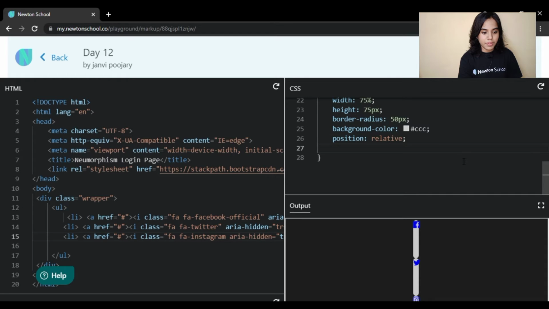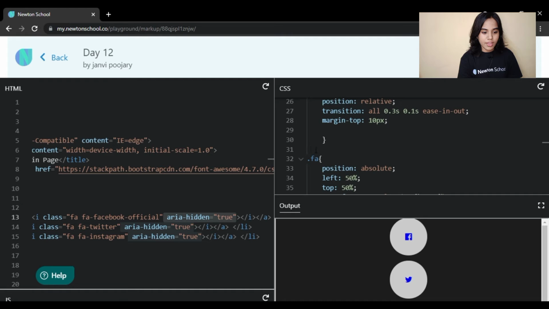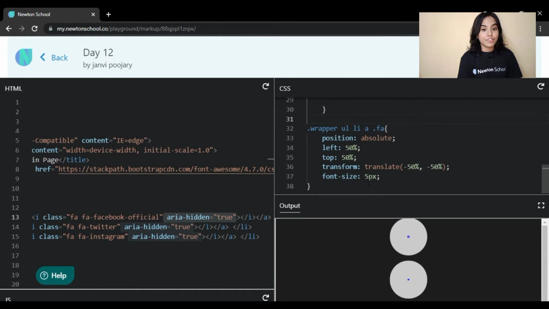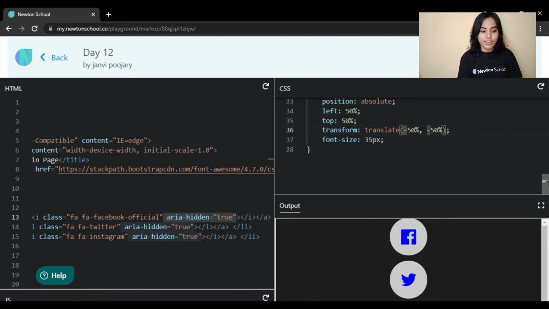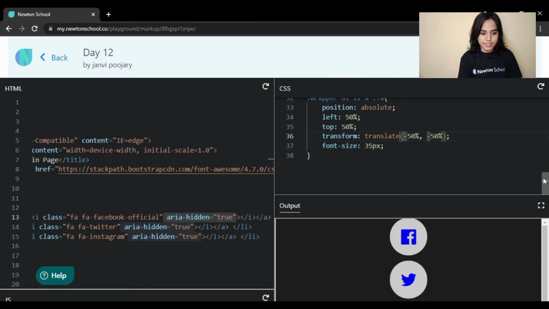And to bring them in the middle, we will target their class FA and then we will use the technique we always use: position absolute, left 50%, top 50%, translate minus 50% from x-axis and minus 50% from y-axis.